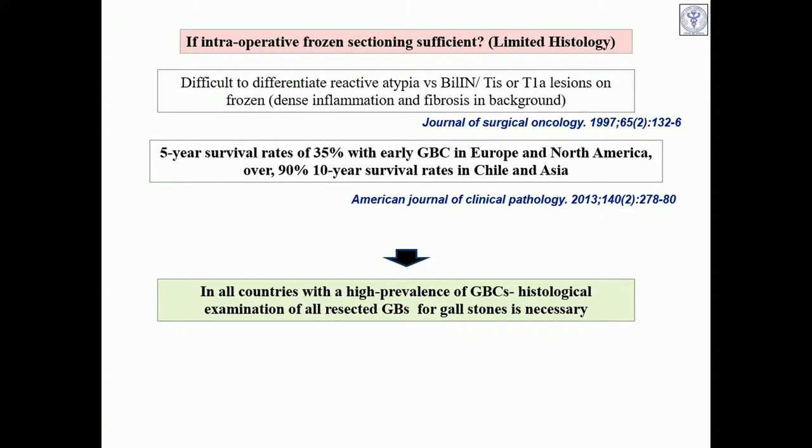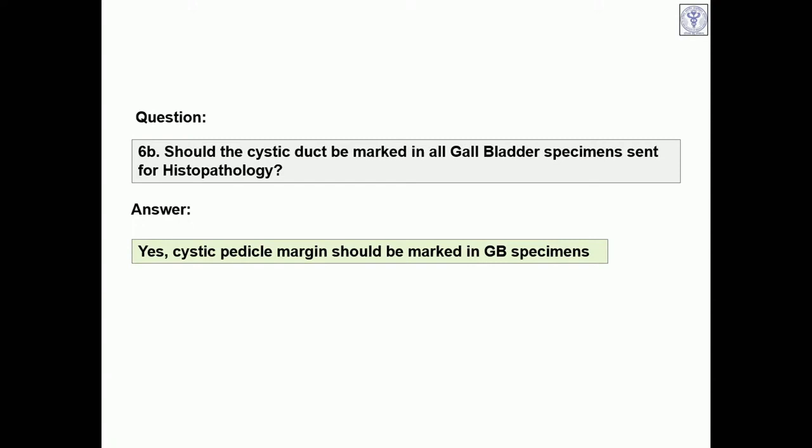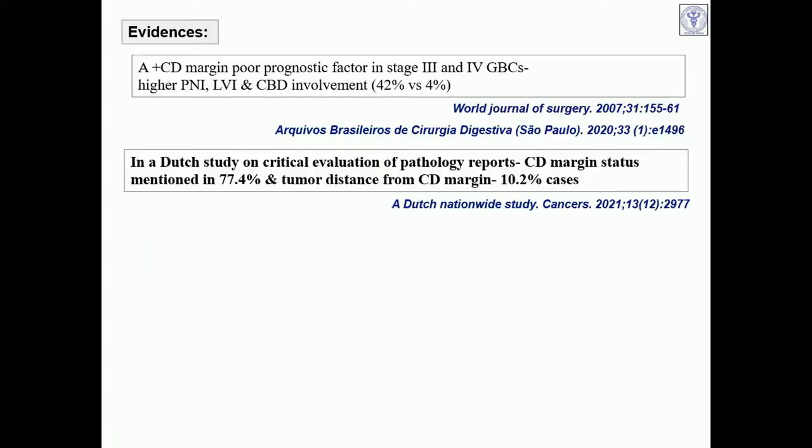Hence, in all countries with a high prevalence of gallbladder carcinoma, histological examination of all resected gallbladders for gallstones is a must. My second question was, should the cystic duct be marked in all gallbladder specimens sent for histopathology? My answer is yes, the cystic pedicle margin should be marked in the gallbladder specimen, because we all know a positive cystic